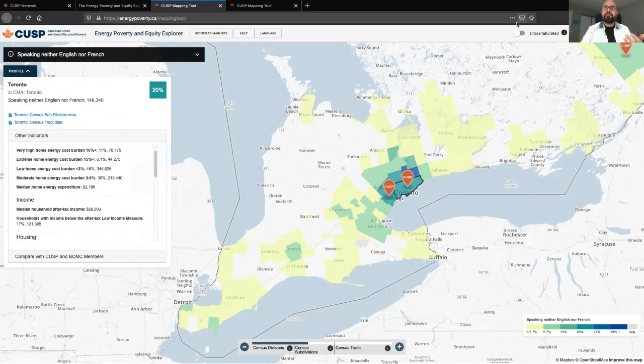Right now we are cross-tabulating two variables, right? So we're looking at senior households that also experience high energy cost burdens. What if you're wondering, I want to really target senior households that are in low income but also experience high energy cost burdens? At the moment, you can't do that on the mapping tool, but we have data in the background, and if you want access to the data, if you're looking at asking these interesting questions that we haven't tackled yet on the mapping tool or in this presentation, please reach out to us.